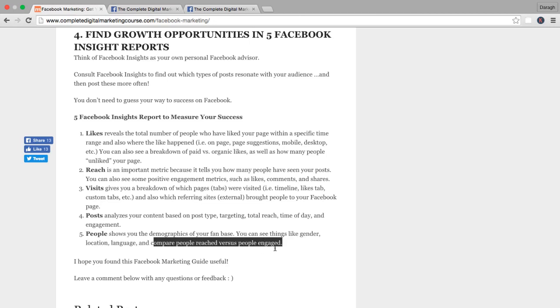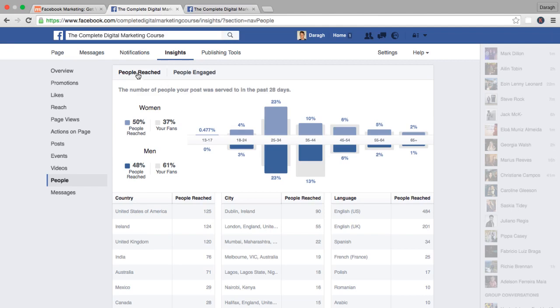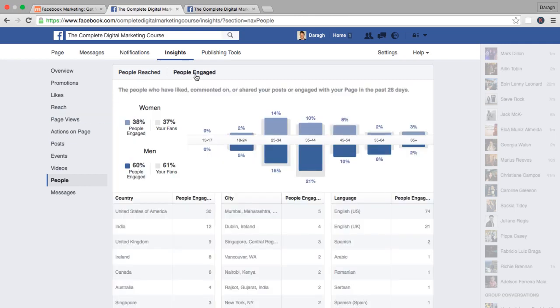And this is an important comparison here. I can really see that I reached a lot of people in this age group here. And now this might be because I have shared this with my friends. A lot of my friends are in this age bracket. But if I look at actually the people who have engaged, it is actually more males within this age range here. We saw that 18% of my audience are in this segment here. So it's interesting to see that the people who have engaged especially are between 35 and 44, mostly men.